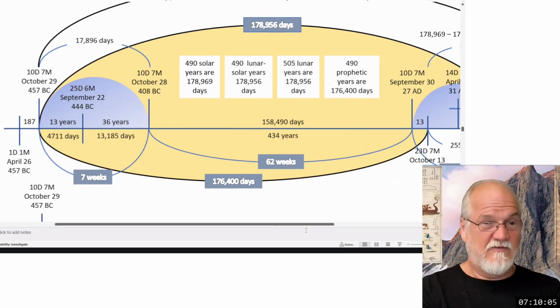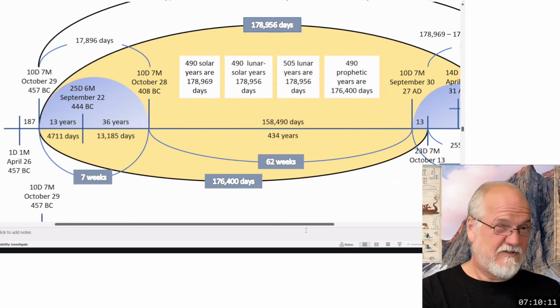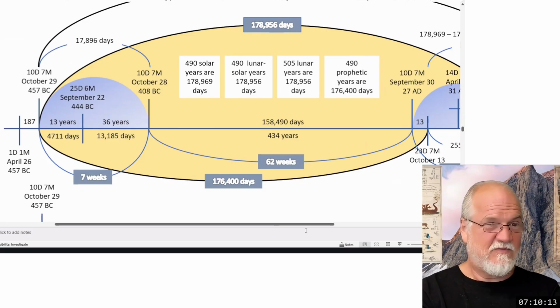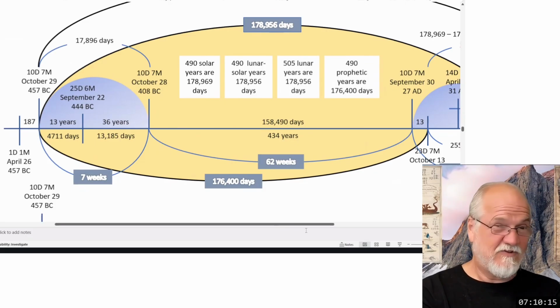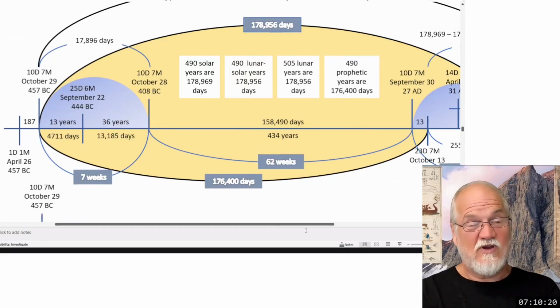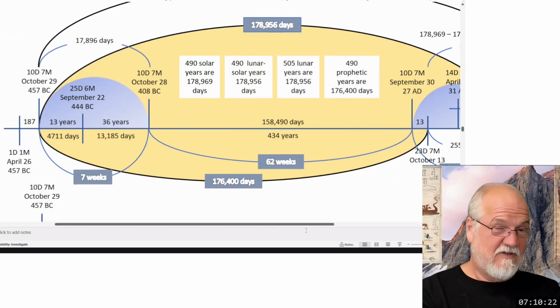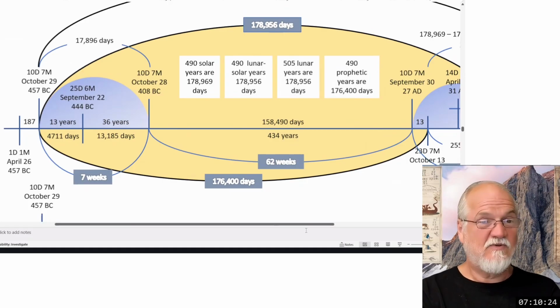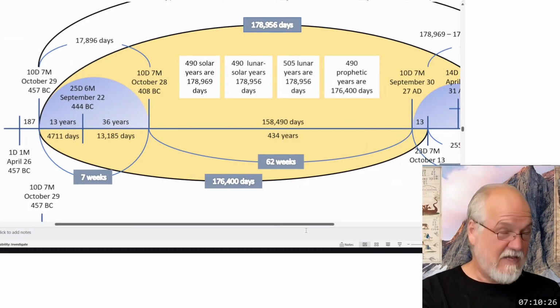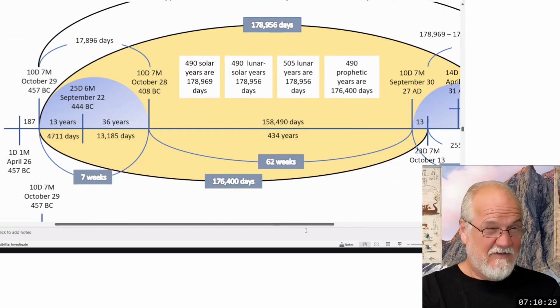We have the first day of the seventh month in 536. We have the first day of the seventh month in 444. We have the first day of the seventh month in 432. And we see that those are counterfeited with the July 1st dates with the SSPX, the Society of St. Pius X,